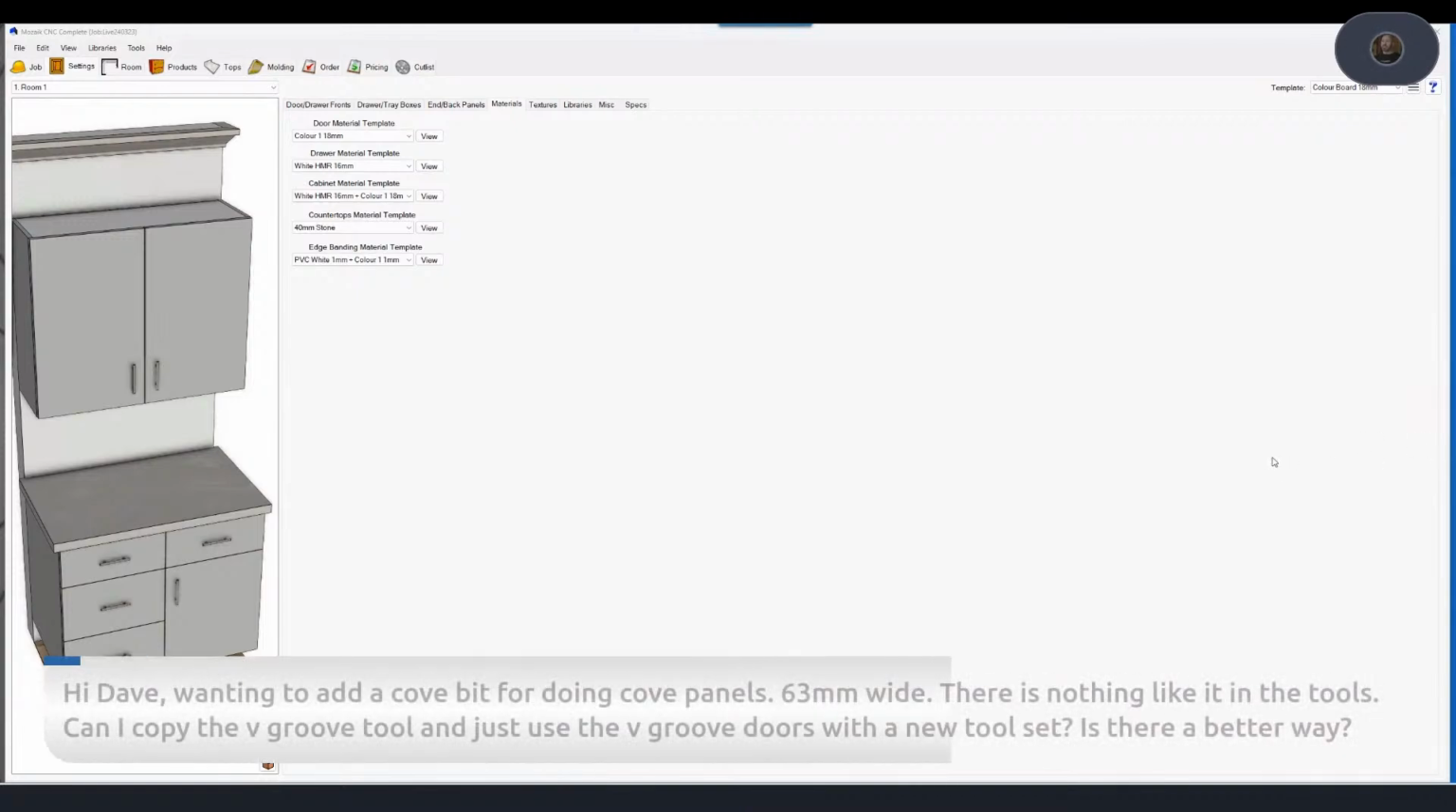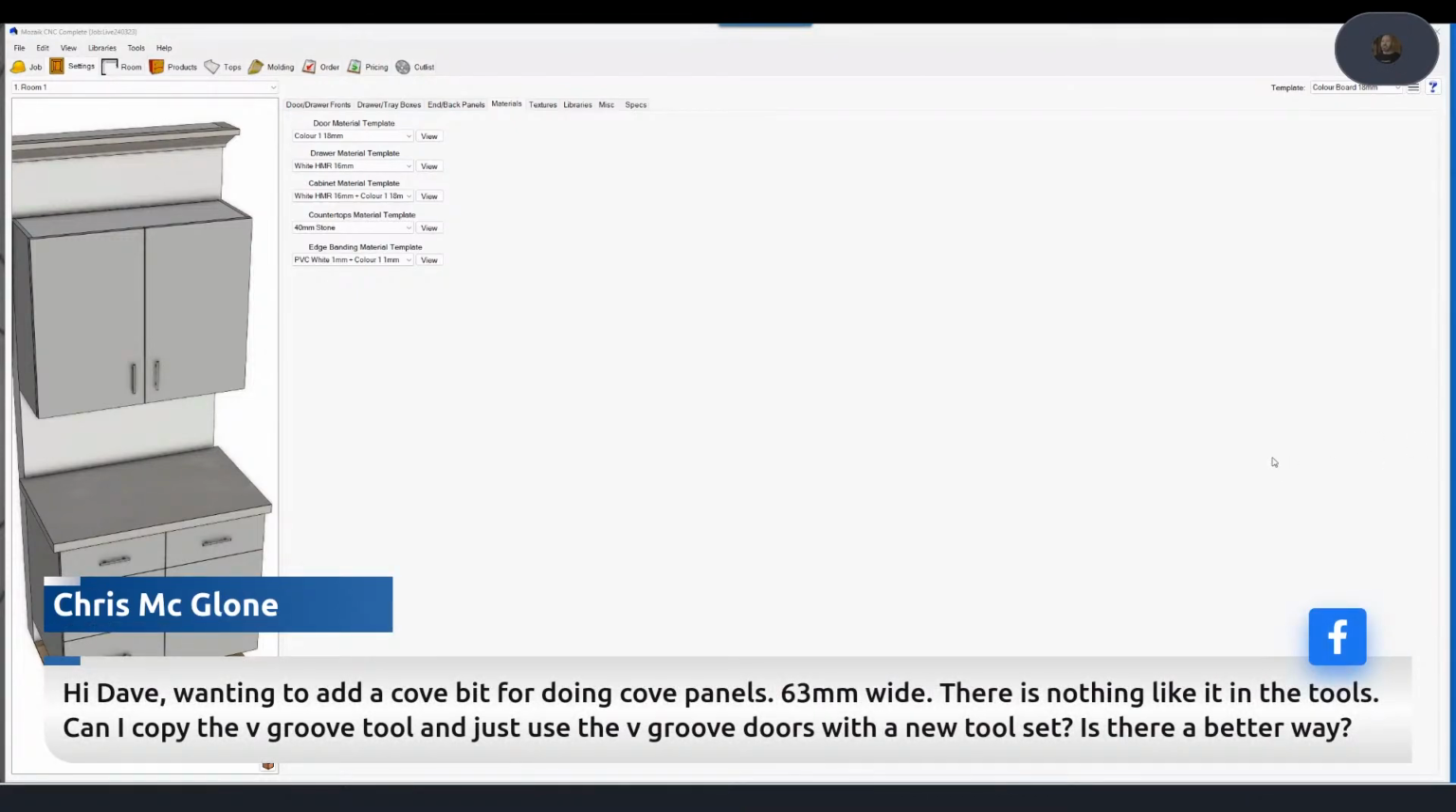Okay, Chris is saying he wants to add a cove bit for doing cove panel 63 mil wide. There is nothing like it in the tools. Can I copy a V-Groove tool and just use the V-Groove doors with the new tool set, or is there a better way? Yeah, look, definitely in terms of creating the Cove tool itself, if I go into the optimizer,